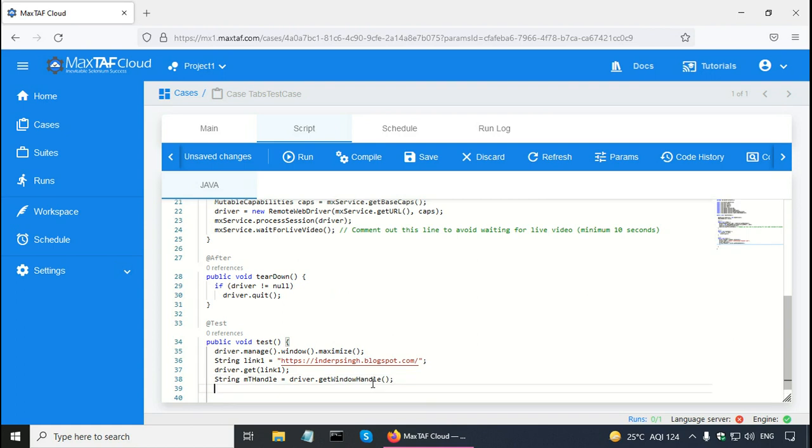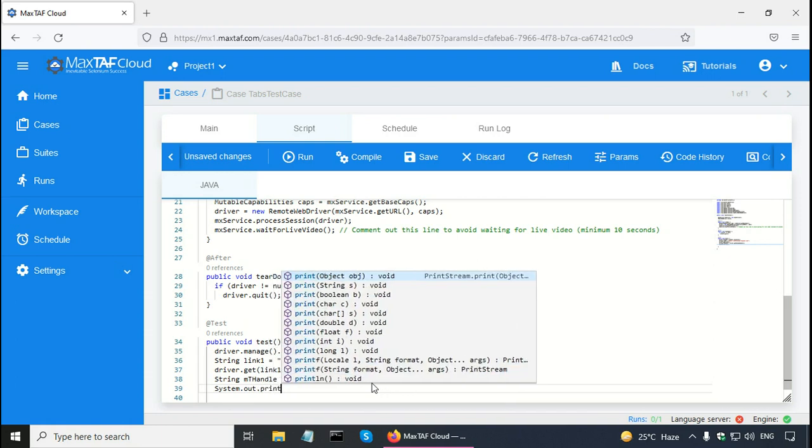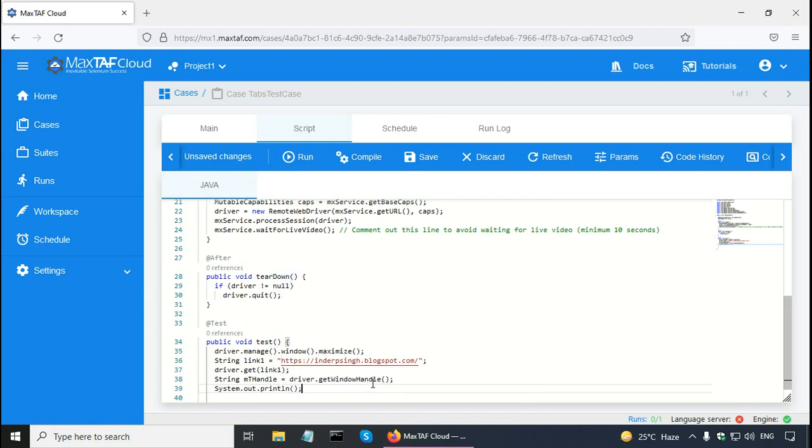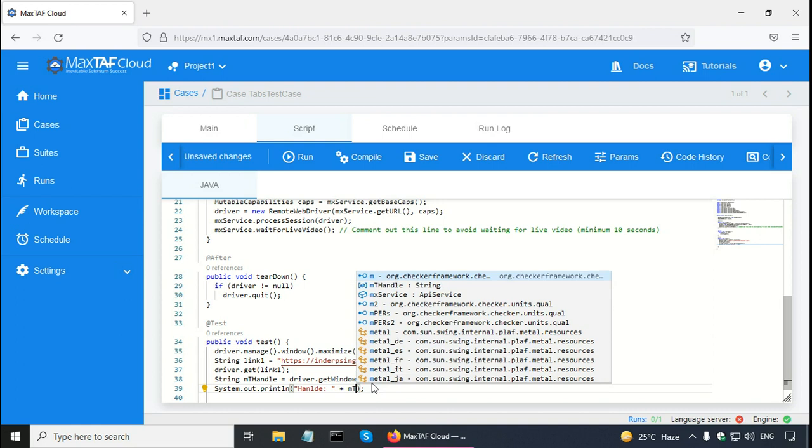Now I can print it out, System.out.println, and here I can print Handle plus, for string concatenation. So I'm going to combine Handle colon with mainTabHandle,